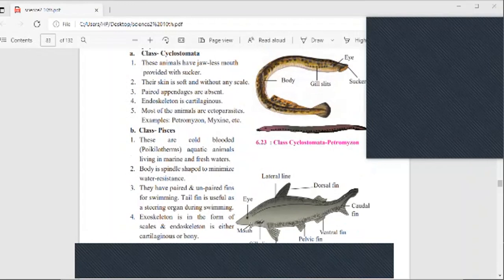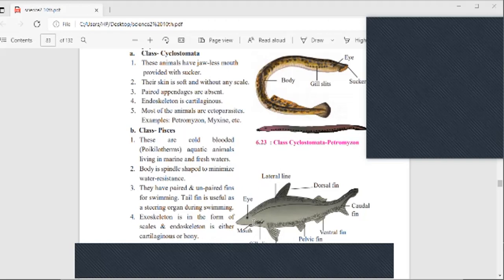So there is a covering on the gill slits that is called the operculum. Water enters inside the mouth by opening the mouth, and the extra amount of water goes out by opening the operculum. The second time, the mouth closes and the operculum opens, and water enters through the operculum. Then the operculum closes and the mouth opens, and excess water goes into the water body. In this way, whatever oxygen is dissolved in water is absorbed by the gill slits and carbon dioxide is given out. So in this way, inhalation, exhalation, respiration goes on.